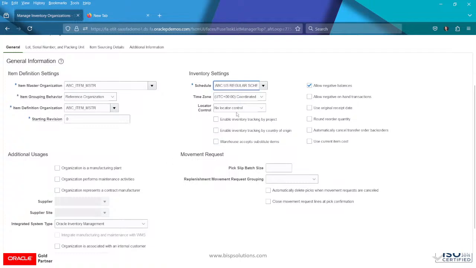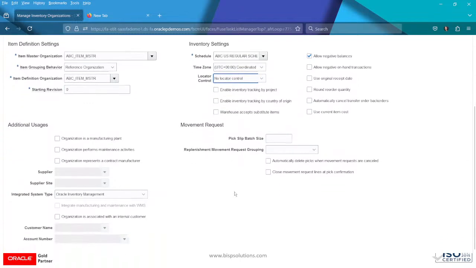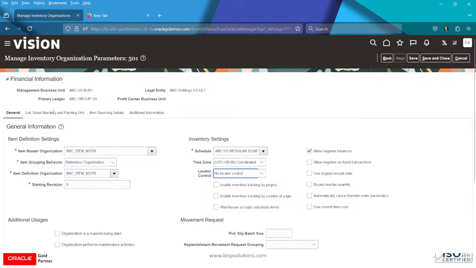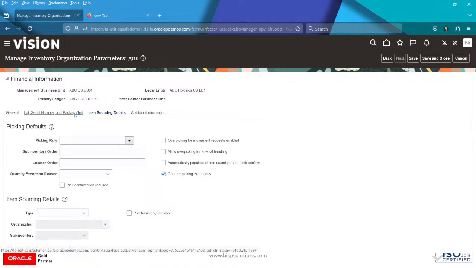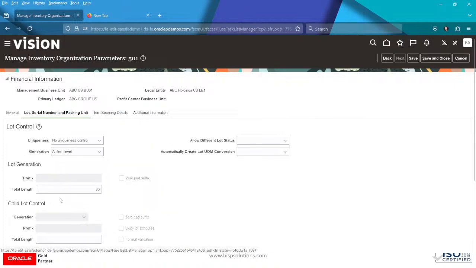And other things, location controller is required, I say no right now. So starting revision as 0, and other details I am not going with right now. Okay, so go to that lot tab and item tab. So other things, that is lot creation, will be taken care of when we create that particular inventory org. So how you want to generate the number, that is the unique number,